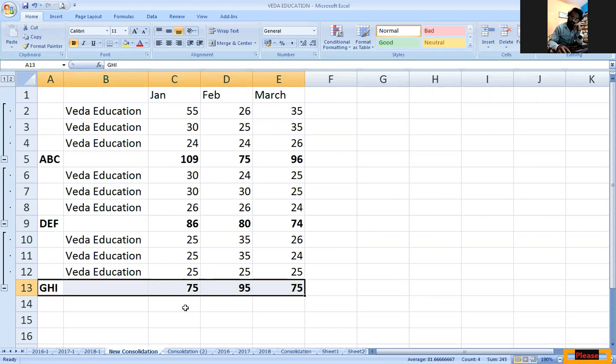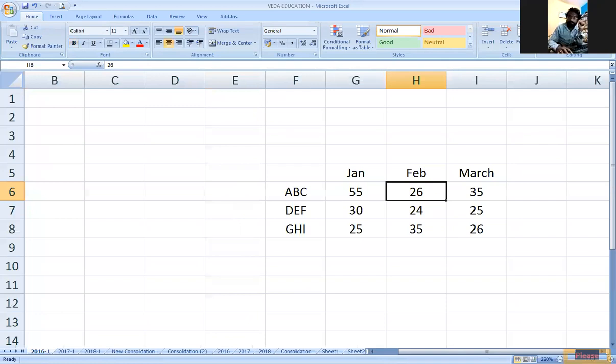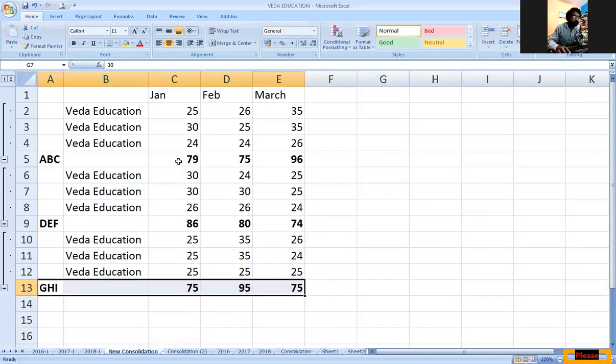And one more advantage you are going to get is that if I make any change in the cells, it will automatically be reflected in the consolidated table also. Why? Because I have created the link between the worksheets. See this, I am changing this 55 to 25. It means that I have reduced 30 here. Then you can see the consolidation tab will also change here. See, I have changed the 25 here, and you can see 25, 20 and 34, the changes are made.